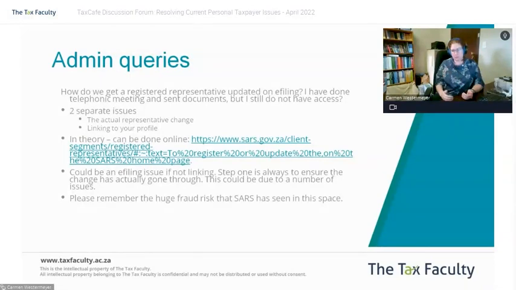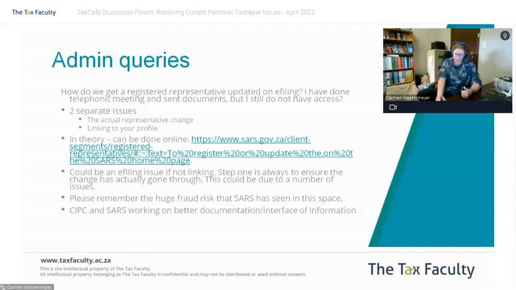Having said that, if your tax practitioner unit is refusing to help with updates, then please go and complain, because they should be assisting with those. Right. The one thing, especially on the company side, which isn't necessarily going to help for trusts or individuals, is that one of the things SARS is looking into is how they can better link in with SIPSI with respect to registered directors, as a way of also keeping the representative taxpayer up to date. But that's still a work in progress, nothing concrete there yet. Right.